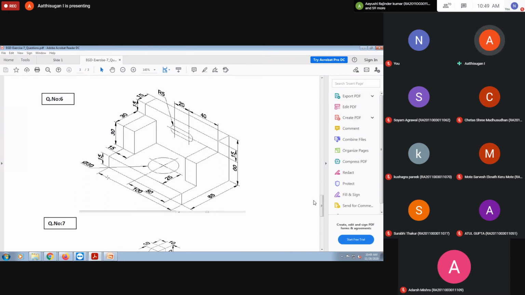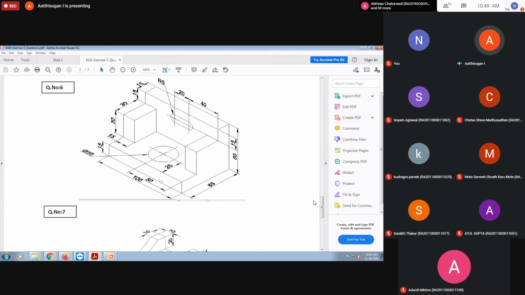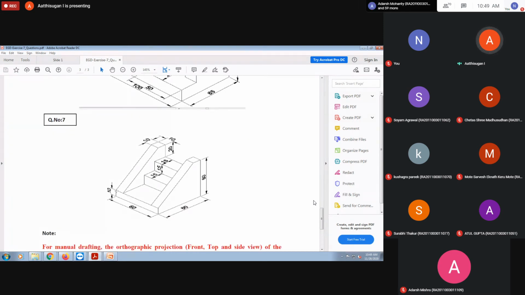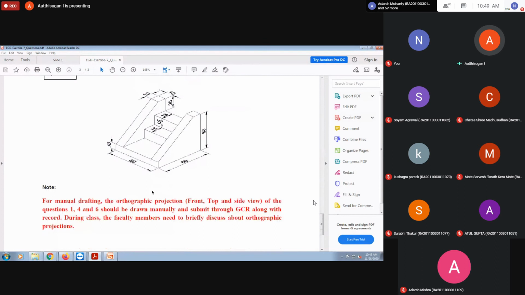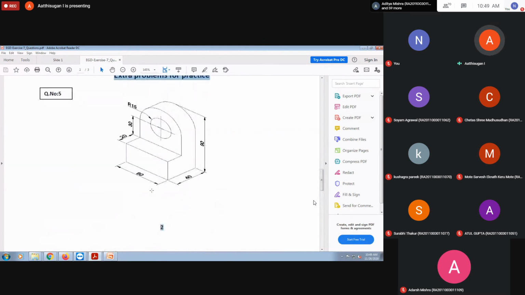Maybe you can start from this view, or else you can start on this view. Also the front view, you can take it from this one or this one. Your wish. Extrude, then remove material like this. That is a subtract. You can start from any one view. This is only for practice. You can practice it because maybe the last exam, the unit exam also.